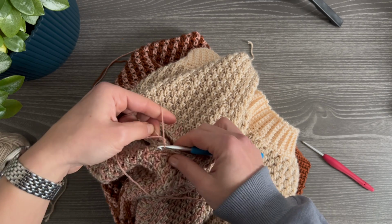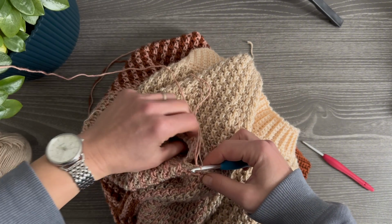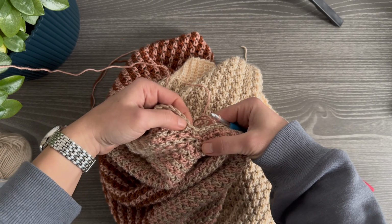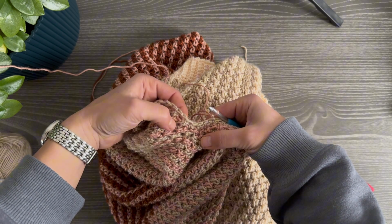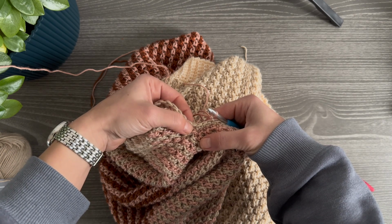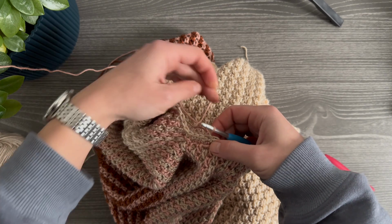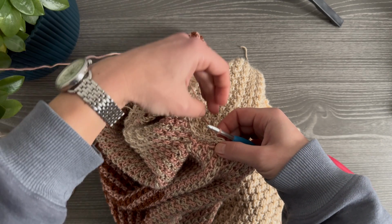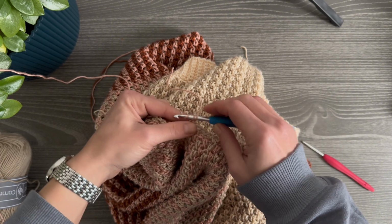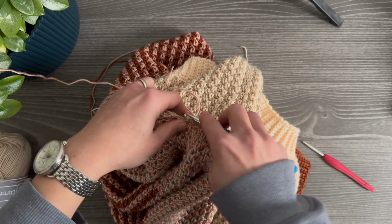Now for the next round, to make a smooth transition between sleeve and body, I'm going to look at the first stitch of the sleeve, in which I already have the stitch pattern, and I see that I need to work a single crochet into the back loop. So now I'm counting to see what stitch I will need to work as the first stitch, counting back from there. So my first stitch will be a single crochet into the back loop,